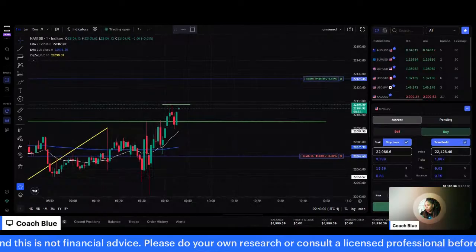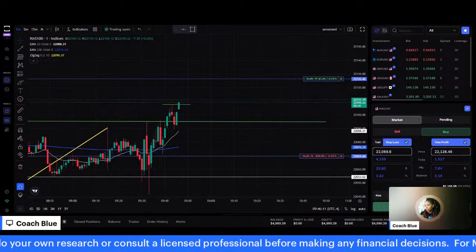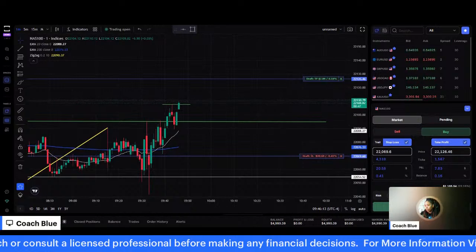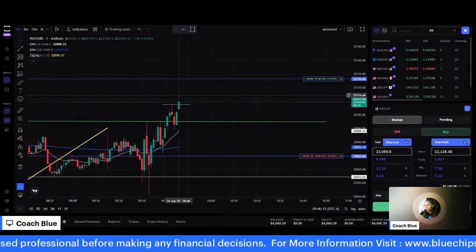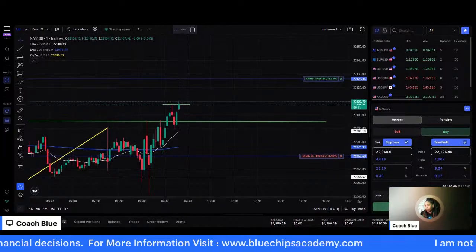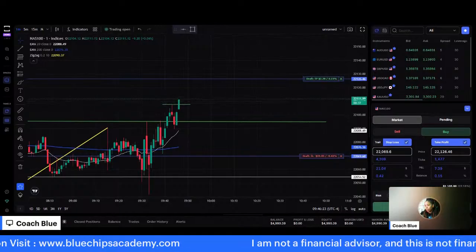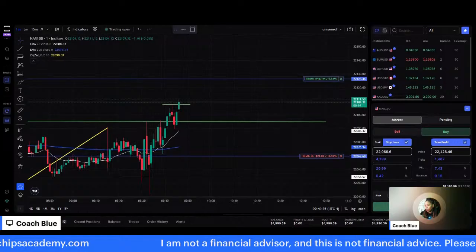I'm sitting here. It looks like it's getting some momentum, but we've got to let it close. All right, that's nice. Not yet. Now, if we get all the way up here and it hasn't fully closed, I'm going to get in, because that's telling me that we have momentum. But we're still sitting right here. So let's see what we have.